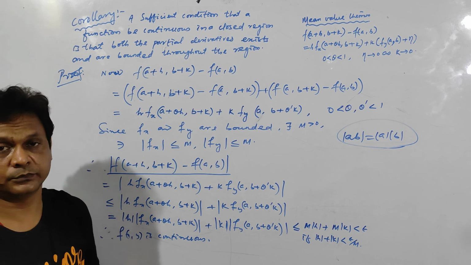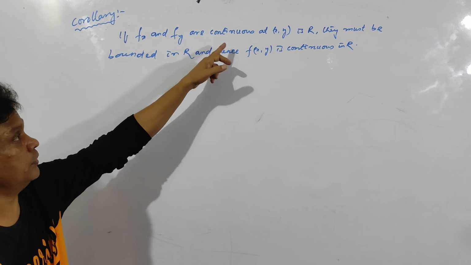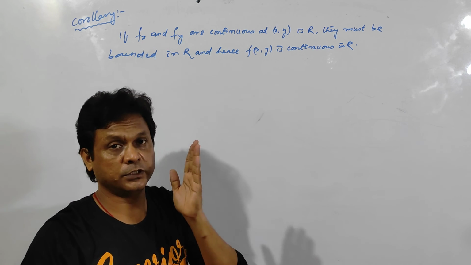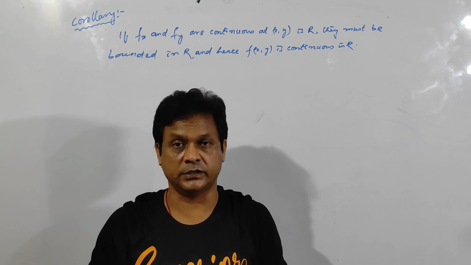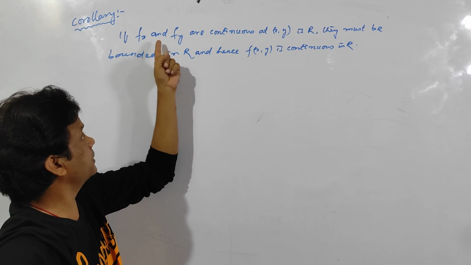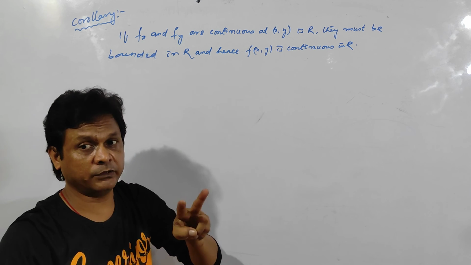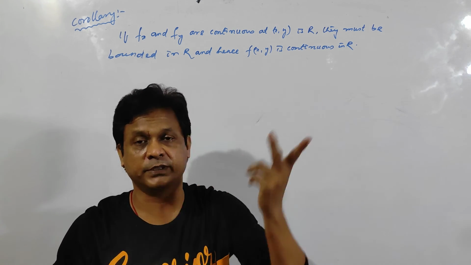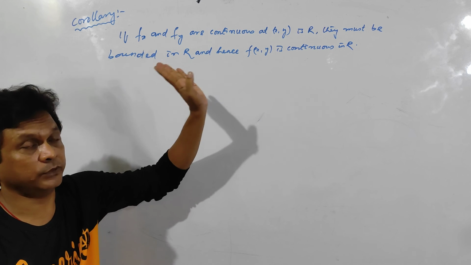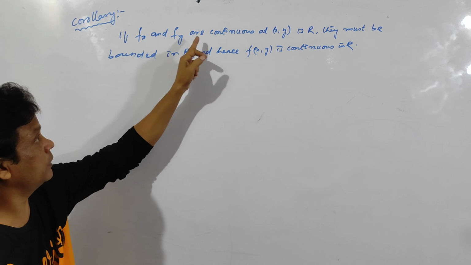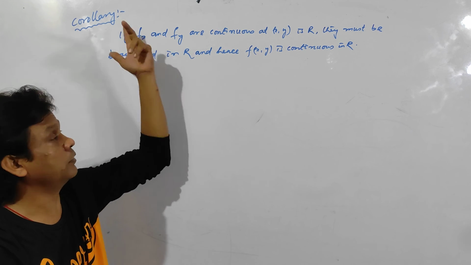Clear? So this is your theorem. Clear? See the second corollary. If fx and fy are continuous functions, I have told you, if a function is continuous, then it must be bounded. Already you have read this in real analysis. So here, since fx and fy are continuous functions at xy, then both will be bounded. And if both the functions are bounded, then the function is said to be continuous, by the first corollary which I have already proven. By real analysis, we know if a function is continuous, then it must be bounded. Here fx and fy are continuous, so they must be bounded. And if both are bounded, then the function is continuous by corollary 1.